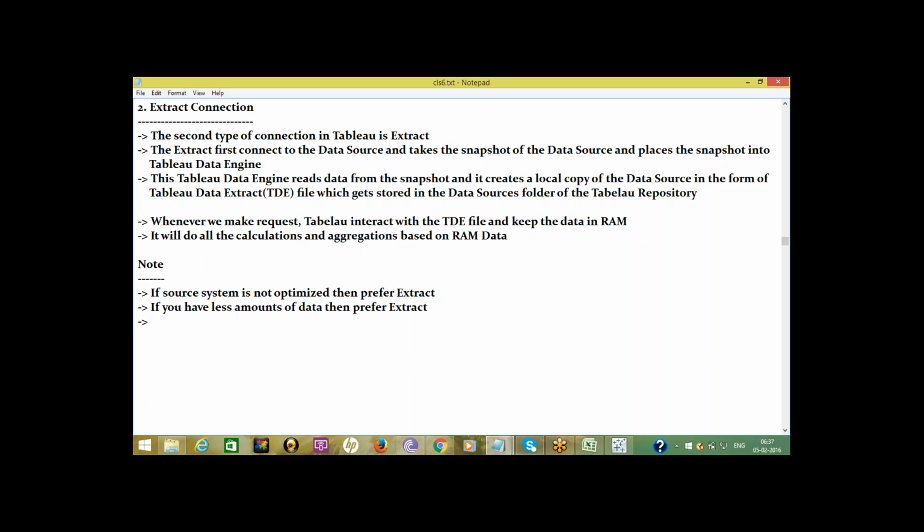And another way to say it, if you want to prepare visualizations on a weekly or monthly basis, then prefer extract. Optimized means I can discuss later some concepts to speed up the process while loading.